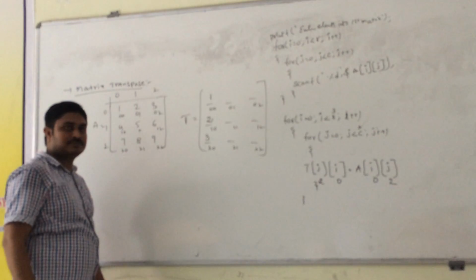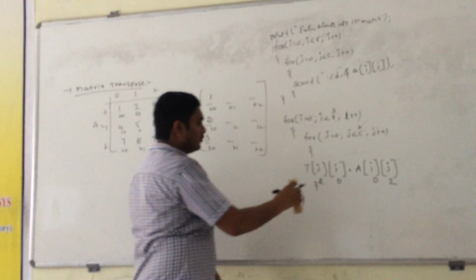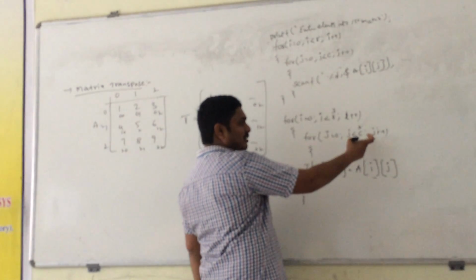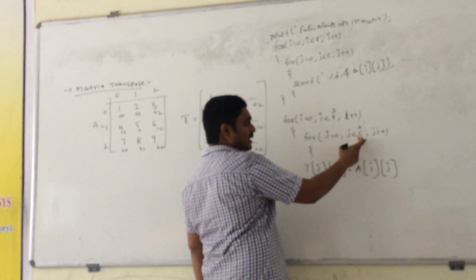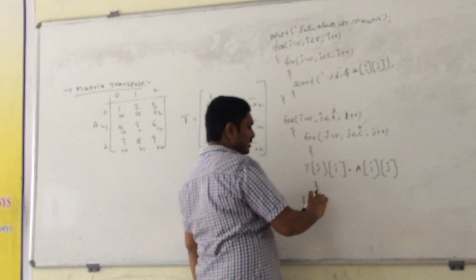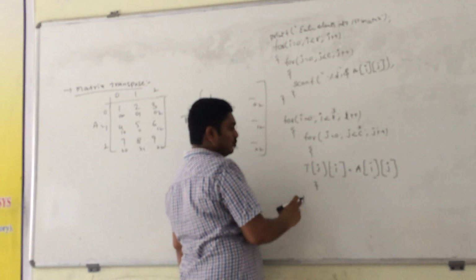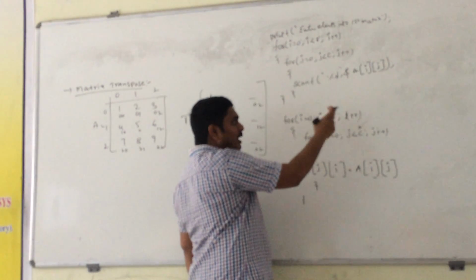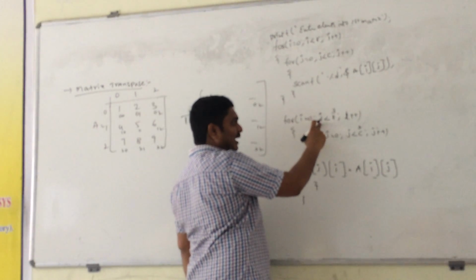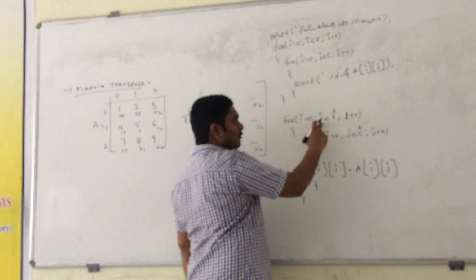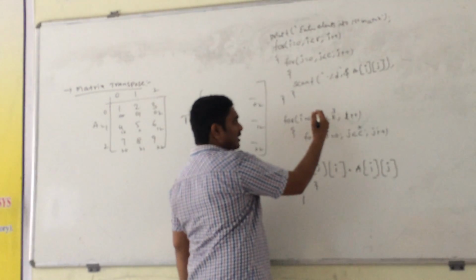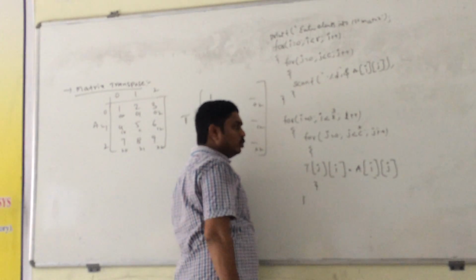Then the for loop ends, the j value is incremented. That means 2 will become 3, 3 less than 3, condition false. It terminates the loop. This is the termination of the inner loop. Then the i value is incremented. After the incrementation the i value is 1, 1 less than 3, condition true. Then it enters into the loop.